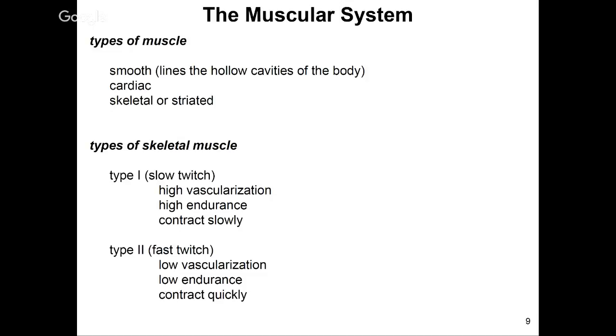And within skeletal, there are two types. Type 1, which is also referred to as slow twitch, and type 2, fast twitch. One type is good for endurance, and the other type is good for force and power. Which do you think is which? Good. So slow twitch, or type 1, is good for endurance. So if you think of a marathon runner,